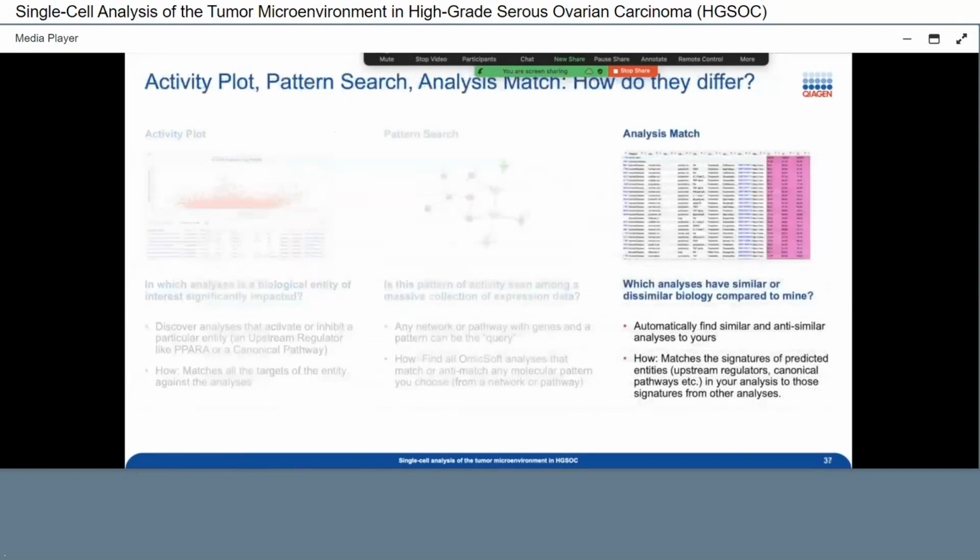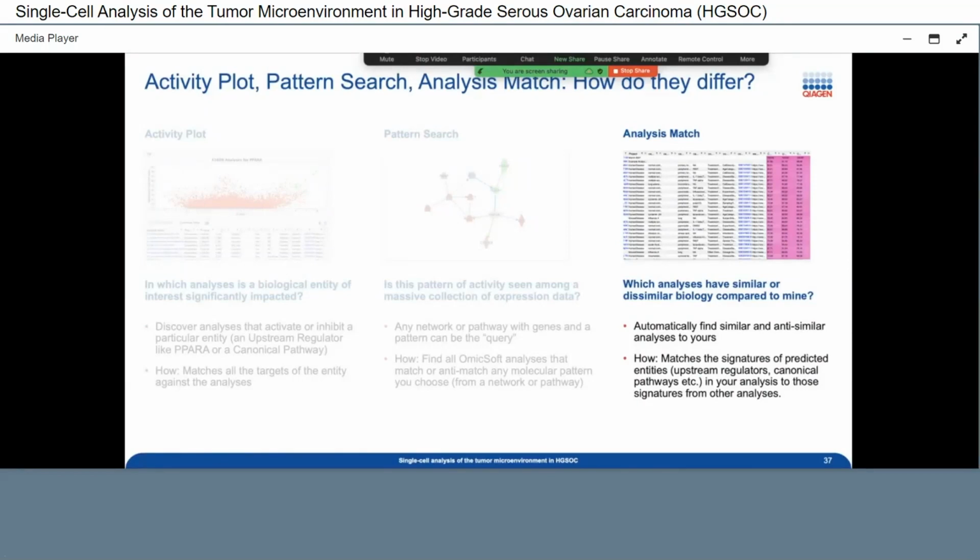And finally, let's look at Analysis Match. And what is it, Analysis Match? You know, we have all these data sets. I talk about 118,000, and for each of them, coming from Microsoft, we have calculated the Z-score for the canonical pathways, for the upstream regulator, for other things I didn't talk about, such as the disease and functions, and so on. And we have a general Z-score. Basically, we are providing for each of these 118,000 data sets a value of Z-score for the canonical pathways, the upstream regulator, and so on, right?